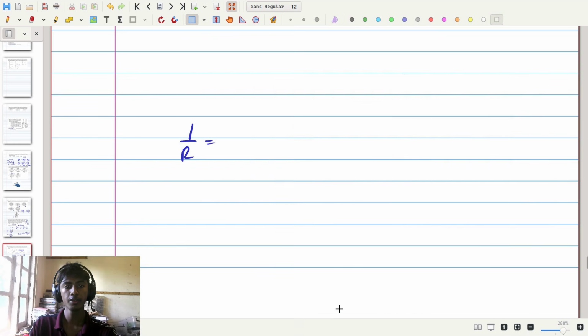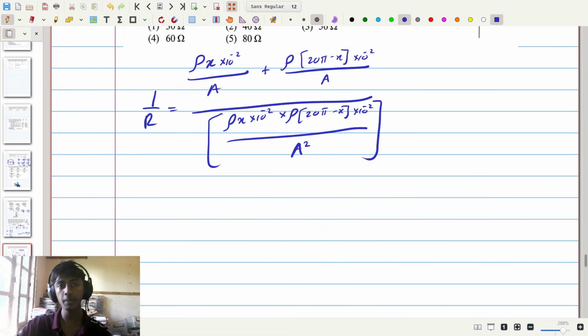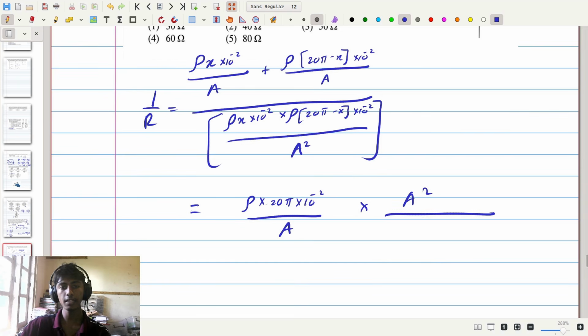and simplify it down. So taking this up, we can see on top we have rho times x times 10 to the minus 2, and also a rho times minus x times 10 to the minus 2. So these two would cancel out, leaving us with only rho times 20 pi times 10 to the minus 2 divided by a. So we'll have rho times 20 pi times 10 to the minus 2 divided by a, and for this part we'll have this divided by a squared going up as times a squared divided by rho times x times 10 to the minus 2 times rho times 20 pi minus x times 10 to the minus 2,